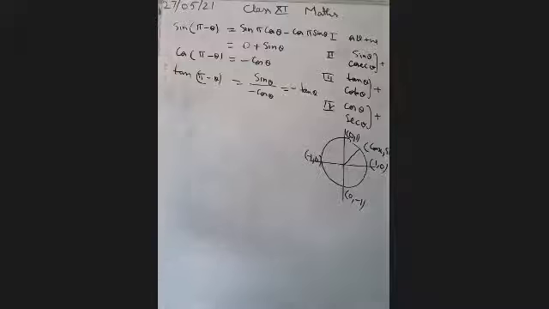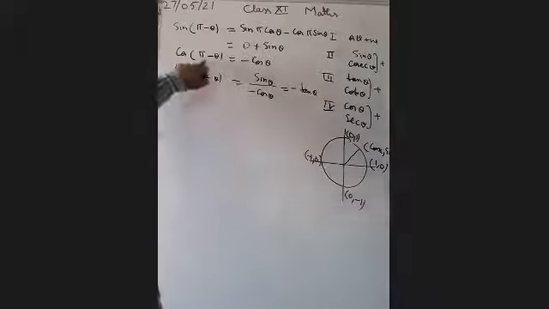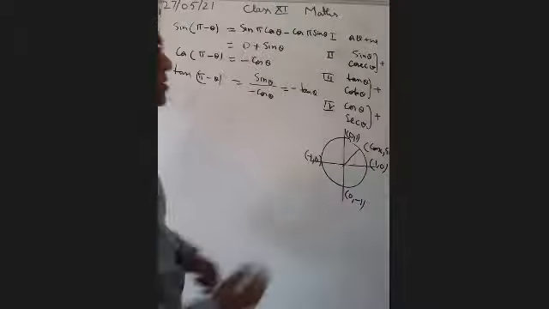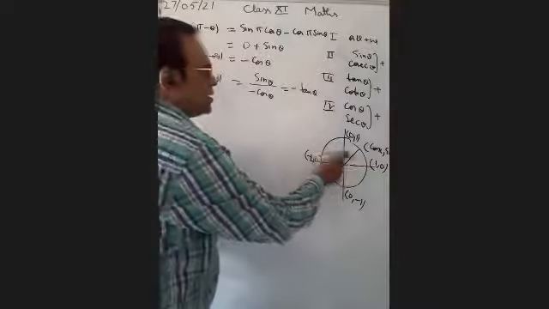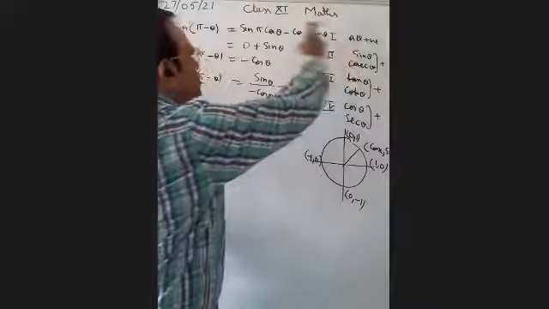So you are observing that in case of pi, we are getting the same angle. That is, sin(180 minus theta) is equal to sin theta, and cos(180 minus theta) is equal to cos theta, but minus is coming according to the quadrant. We are now in the second quadrant, 180 minus theta, which is less than 180. In the second quadrant, the value of cos will be negative, sin is positive.